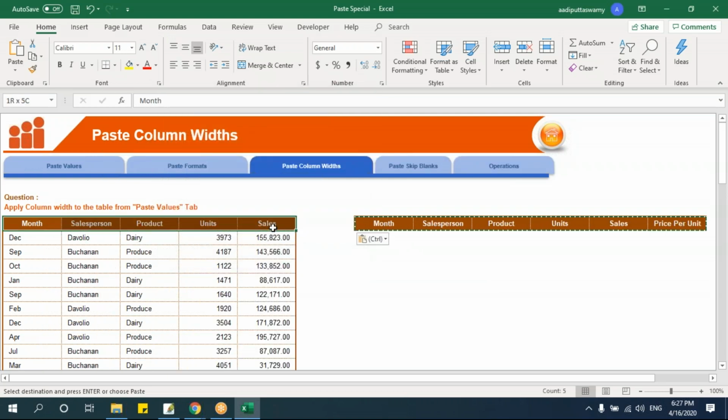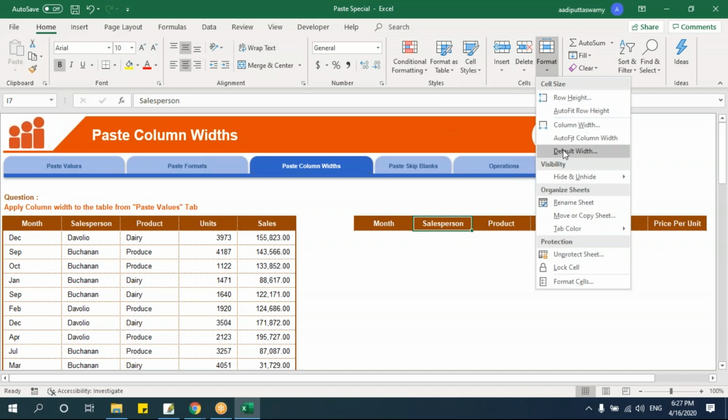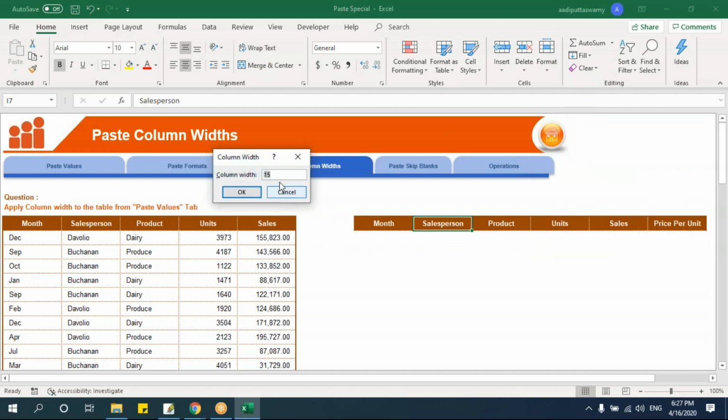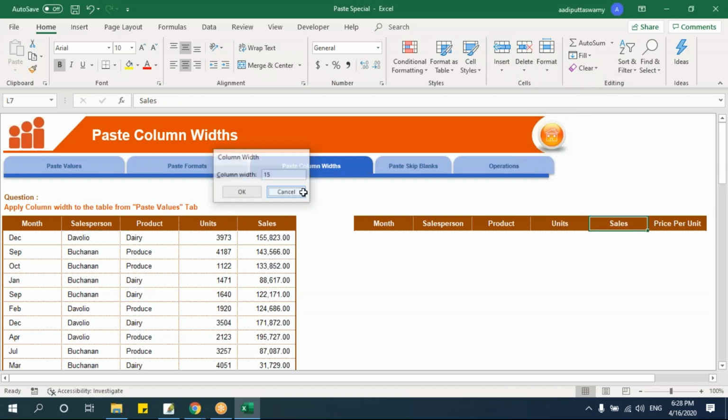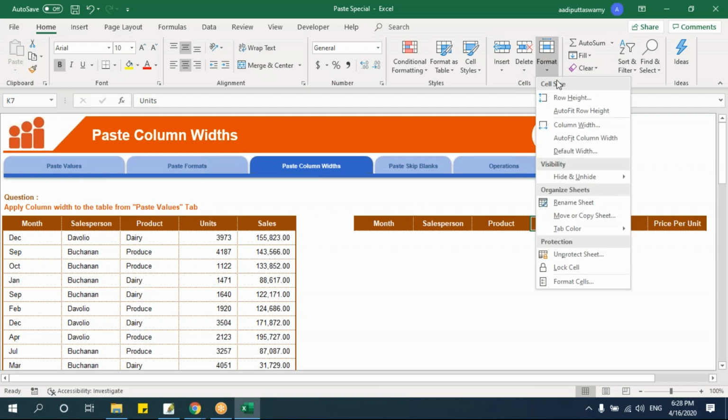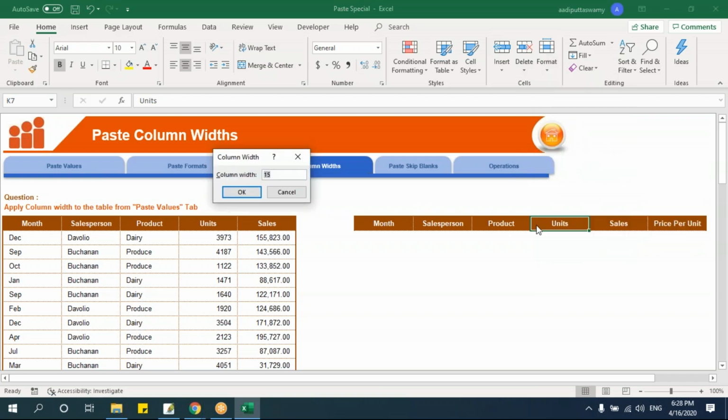I'll have the same column width as what is there in this table. Now if you want to cross check, let's go to this. It says sales rep. So here, let's check the column width here. Column width, it says 15. Now let's go and check this. Format, column width, see, it is 15. You go and check any of the columns, it will be similar. Say, I'll go here, sales, format, column width, oh, it's also 15. So all are 15, I guess.